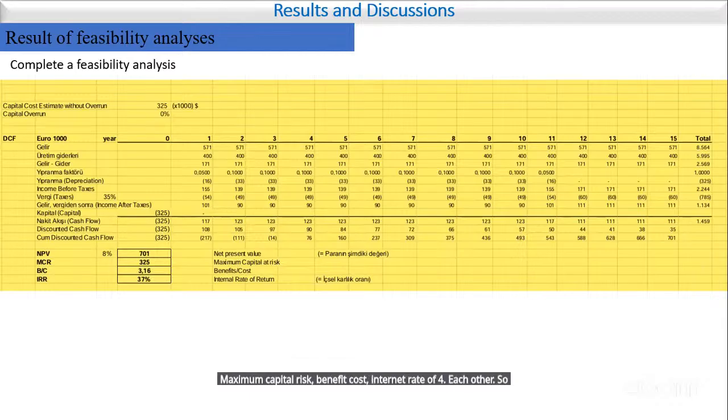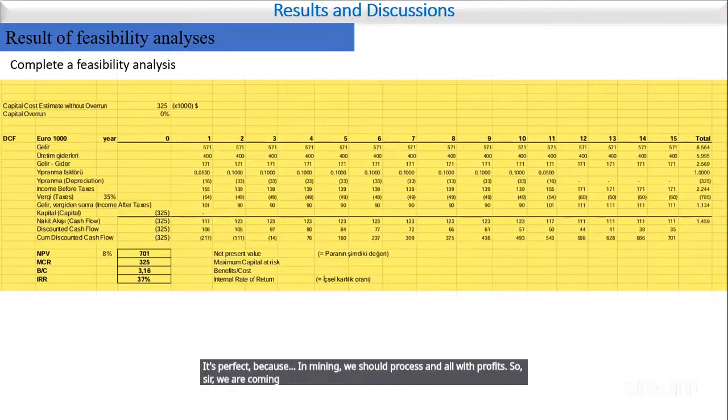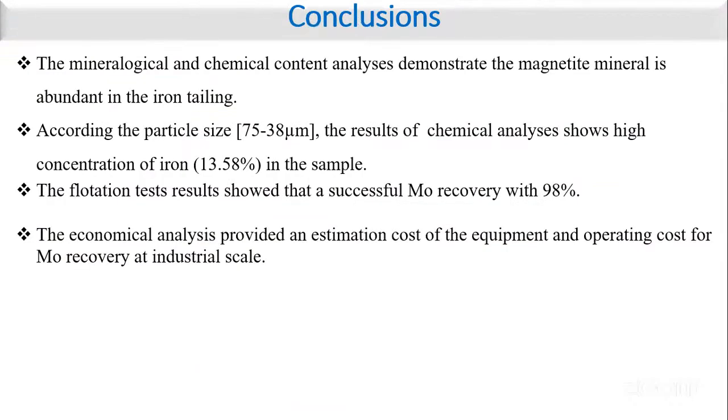So all the tests we made show they can process this type of tailings with profit, because in mining you should process an ore with profit. So we are coming to the conclusion here. For the mineral composition, we see iron is abundant according to the particle size. We have more concentration: 13.58%, which is more than